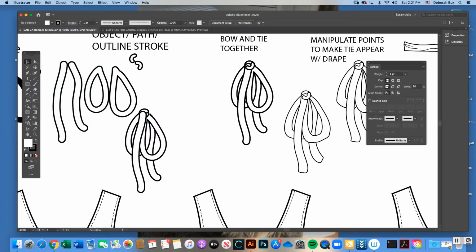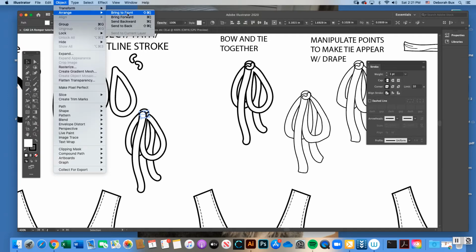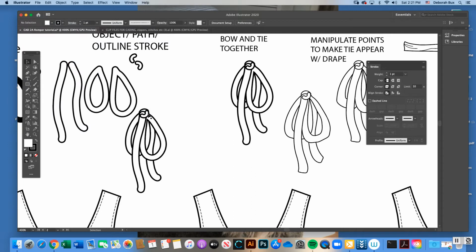Bring that one to front, and then I'm going to bring this little elbow macaroni that's actually part of our knot. I'm going to click on that, and I'm going to do object arrange, bring to front on just those two pieces. And now you can start to see that it looks a little bit like things are being looped through and knotted. So once you have those brought together,